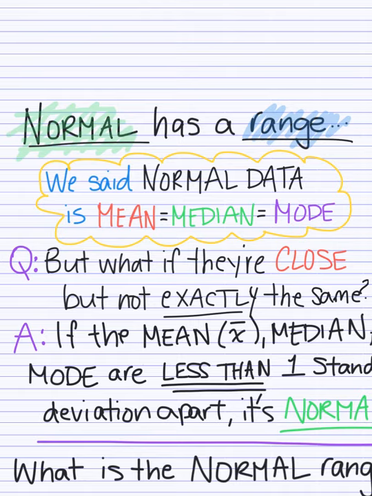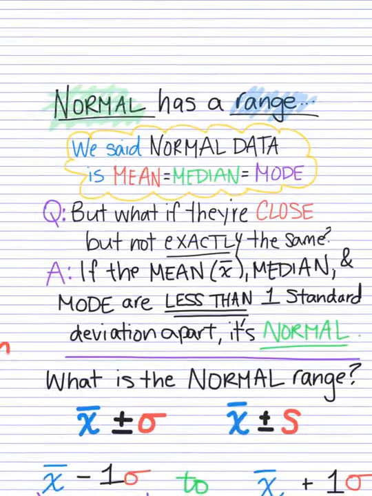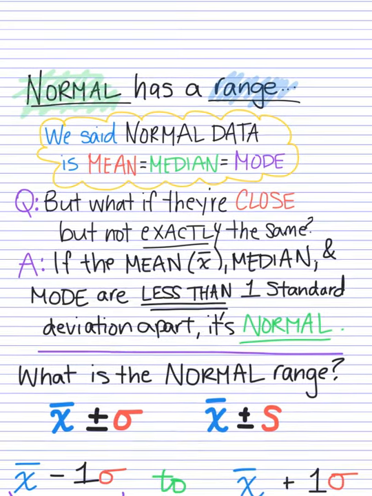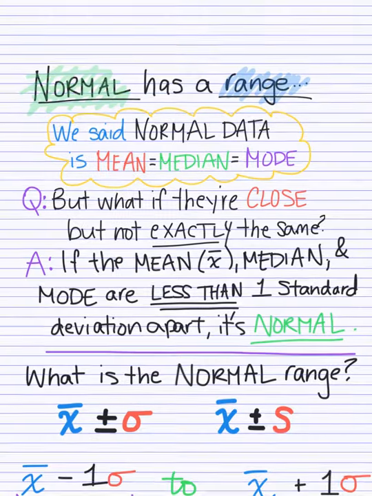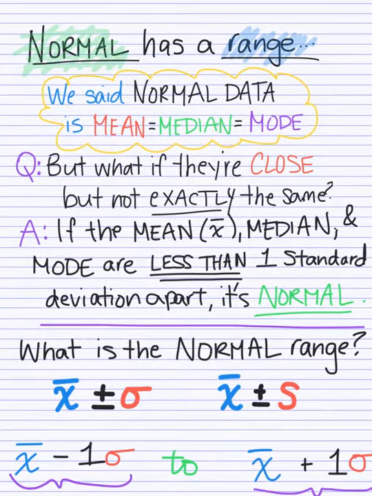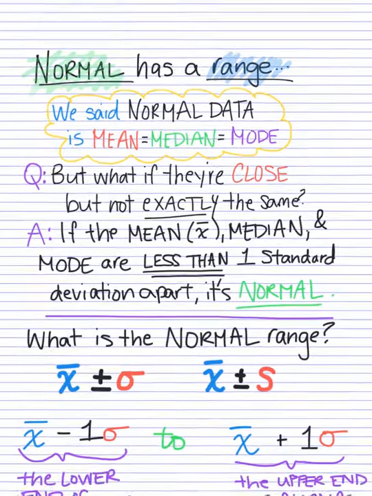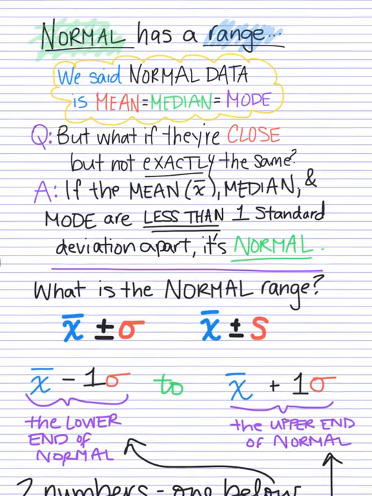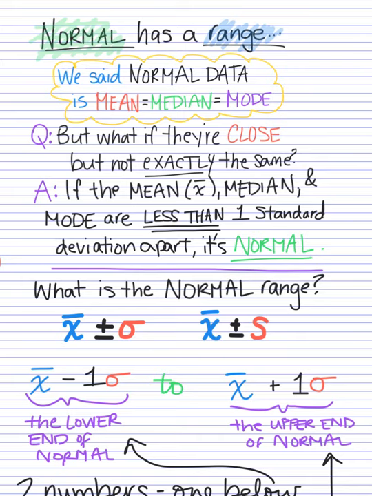And we can now add to that definition. Not only is it considered normal if those three measures are less than one standard deviation apart, but we actually have something called a normal range, and we use the mean and the standard deviation to determine what the normal range is. So the normal range is the mean plus or minus the standard deviation. Quick reminder,